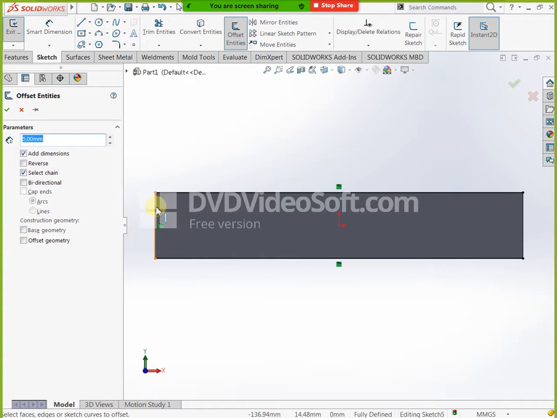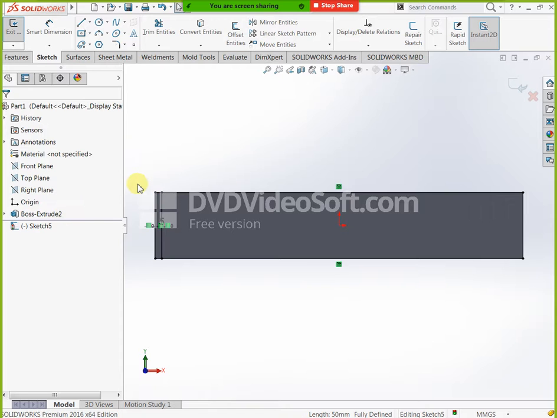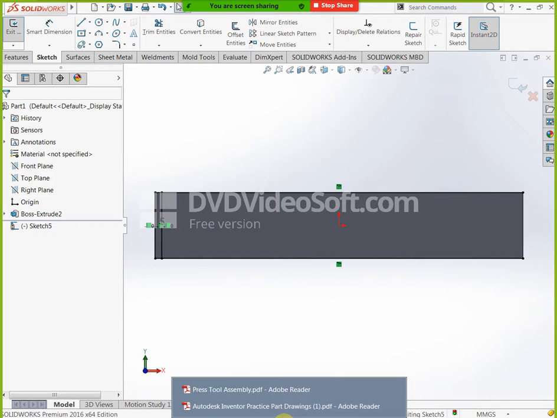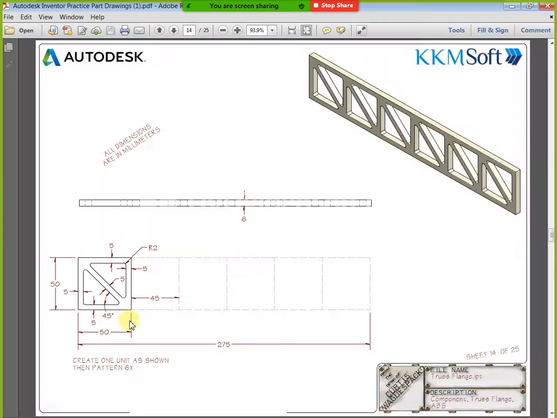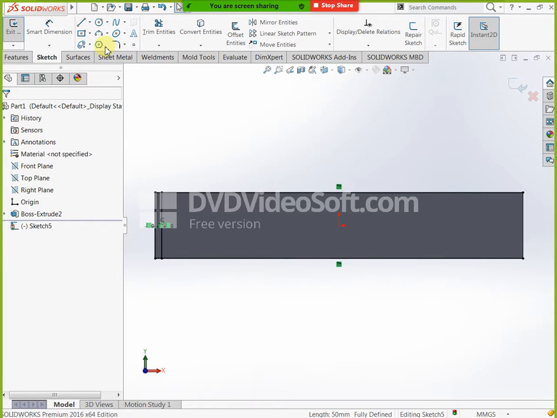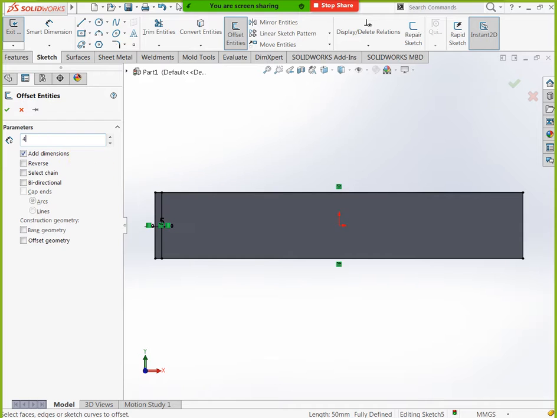Okay, after mentioning this one we need again here to here. How much? Already we know the distance. Okay, just go here. This side we have 5 offset and this side we have 5 offset, means totally this is 40. Now you can consider totally 50. You can do minus 10, 40 you will get. Okay, then here you can mention 40. Select offset entities. Now you can mention 40 here. Select this one. Reverse. Then you can do finish.